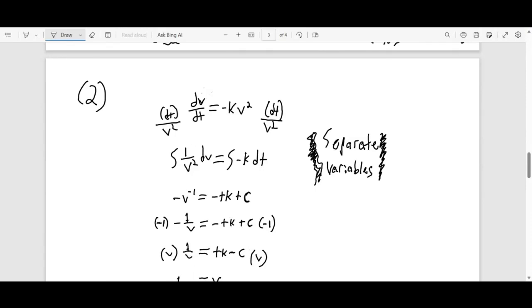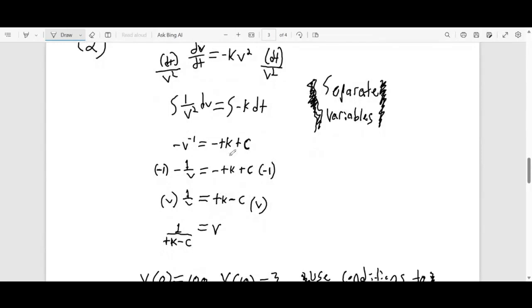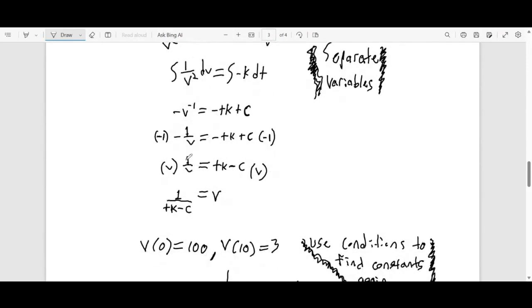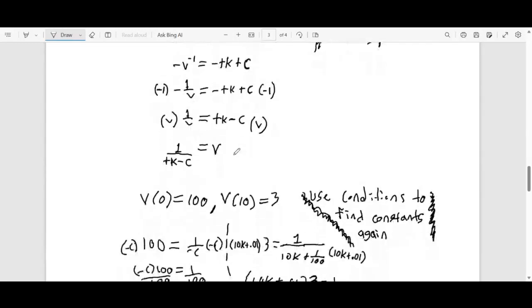In doing so, we integrate both sides, and then we get negative v to the negative 1 power is equal to negative tk plus c. And multiply by negative 1 on both sides, because we want to get rid of the negative for this v we want to solve for, which is our velocity. Multiply by v on both sides, and then we get velocity is equal to 1 over t times k plus c. So yeah,